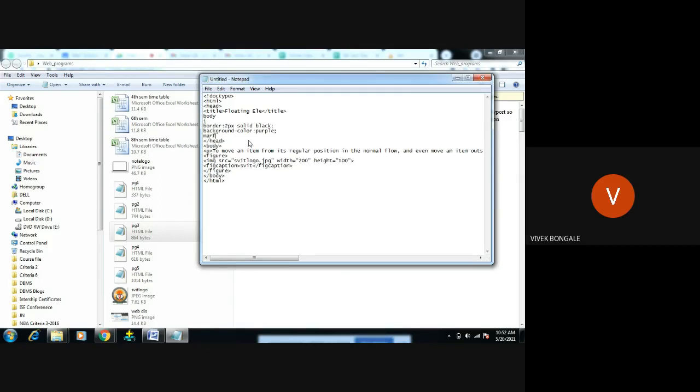Then margin, 5 pixel from the top side, and from the left side I will keep 20 pixel or 50 pixel, anything we can keep. From the left side we'll keep 50 pixel. Then padding I will use like 5 pixel, then 20 pixel.